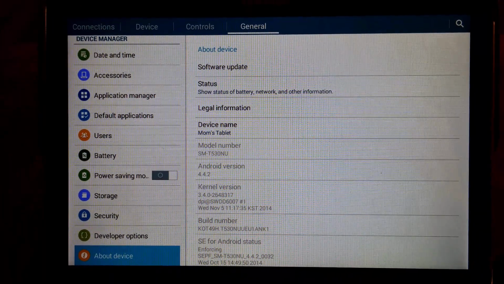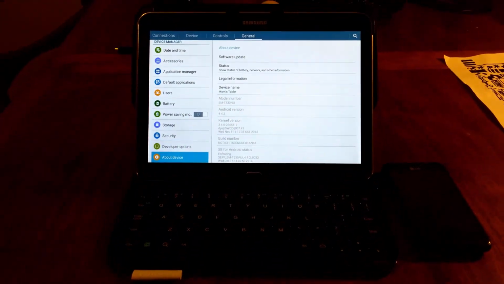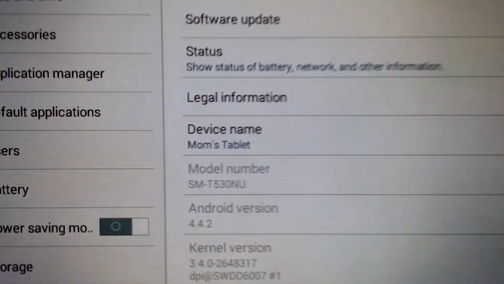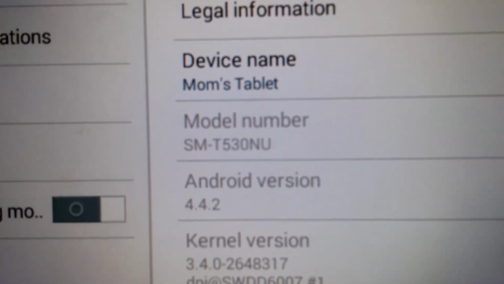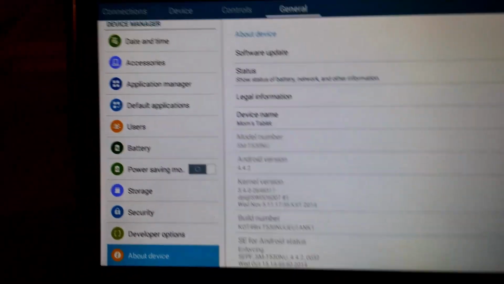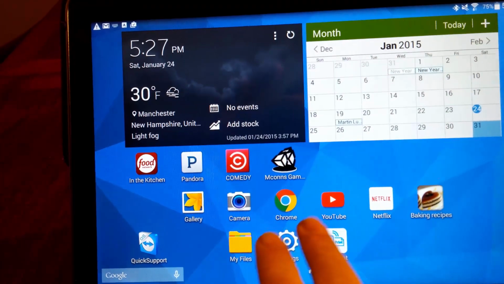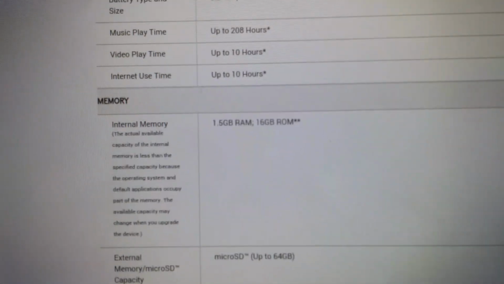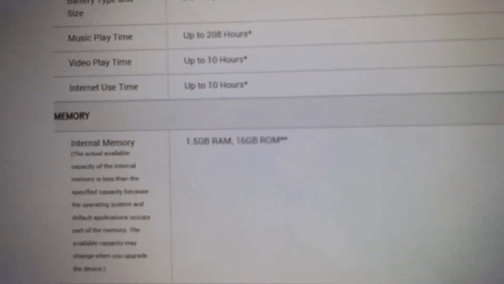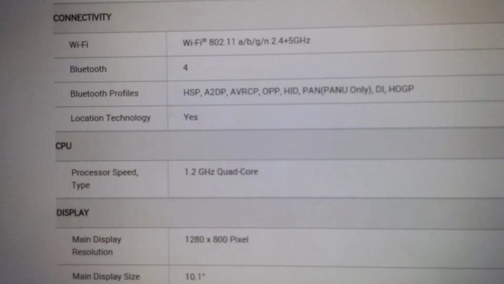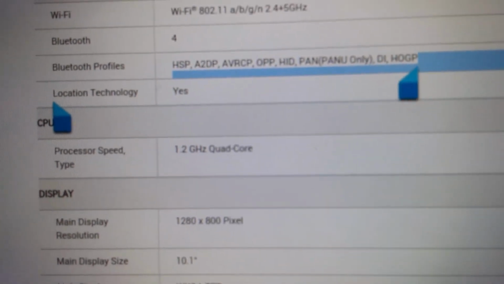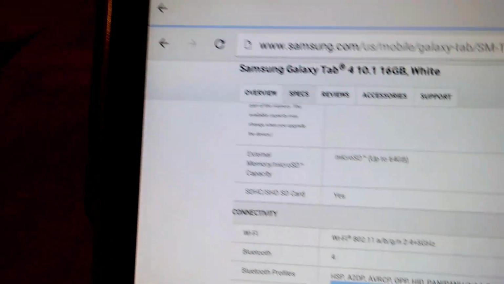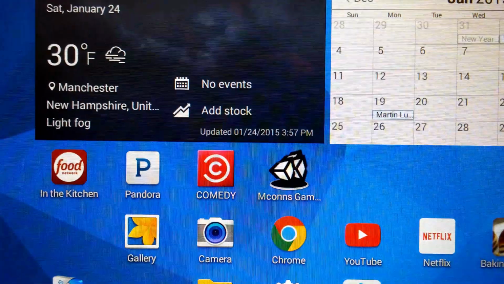Alright, so I'm on a tablet right now. This is the Galaxy Tab 10.1. Just to show the model number that I'm using, the SM-T530NU. I can pull up some specs on that. So if you look at it, it's a tablet with 1.5 gigs of RAM, and the CPU is a 1.2 gigahertz quad core, so it's all right. Now, if we come in here, go into my games,